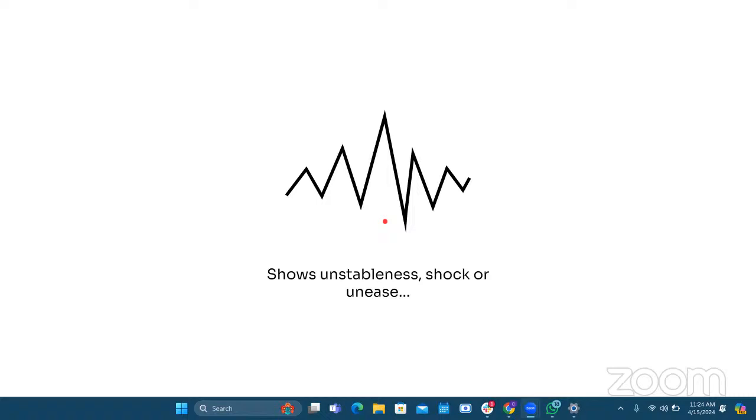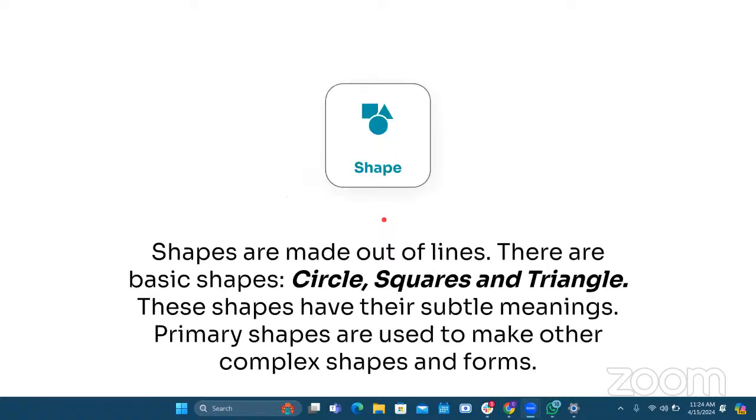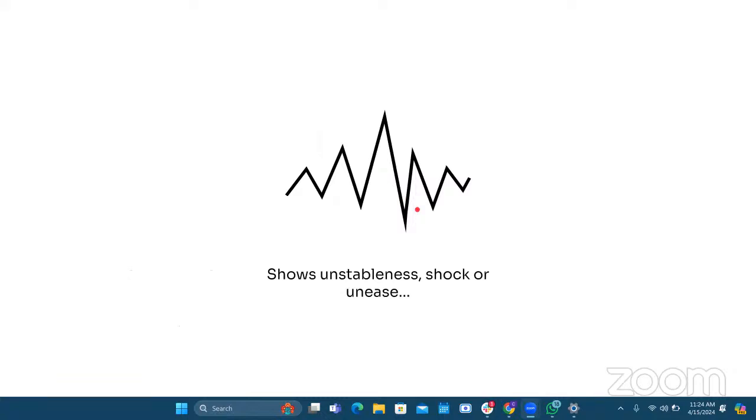In the next class, we'll continue from shape, the elements of the design. So before we end the class,